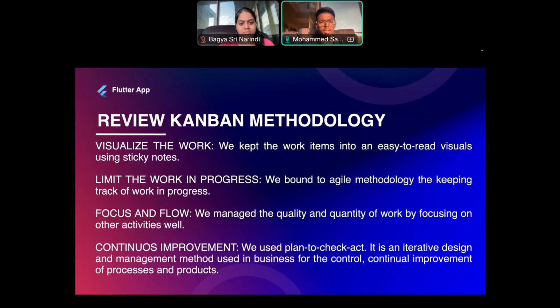And coming to the last slide, it reviews the Kanban methodology. So we followed the Kanban methodology. The first step was to visualize the work. We used to keep working on the different items and divide the tasks to easily understand each component. So we used sticky notes to easily understand the tasks and limit the work in progress. We borrowed from agile methodology to keep track of individual sub-tasks of our